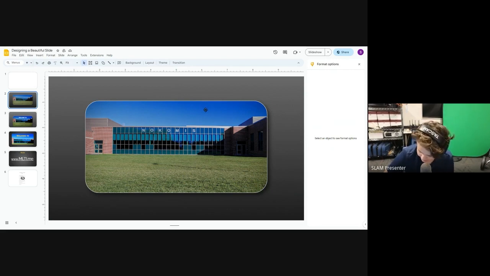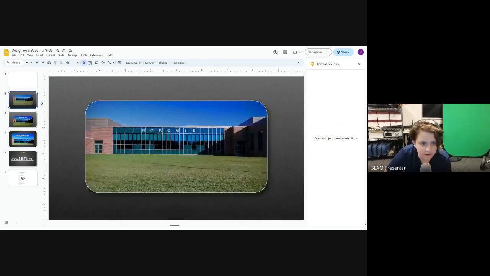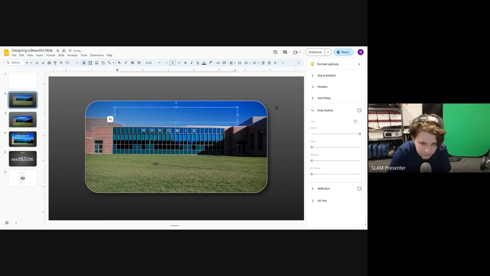So now what we're going to do is you might see this text here. We're gonna add this text. Now the way we do that is you click this text box button, you drag it, and you put any text you want into it. I'm gonna put welcome to,